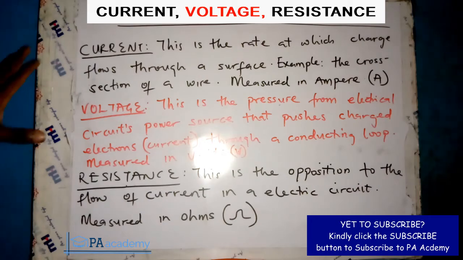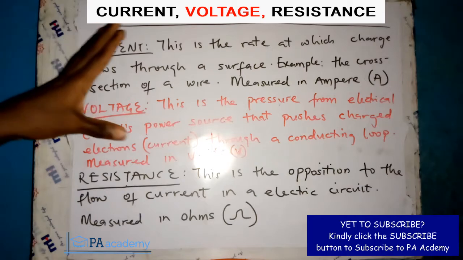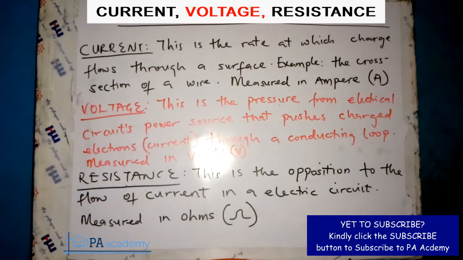So now we are going to be looking at what these three concepts are: current, voltage and resistance. We are going to be looking at the relationship between the three, and then we are going to be looking at some examples. So when we talk about current, this is the rate at which charge flows through a